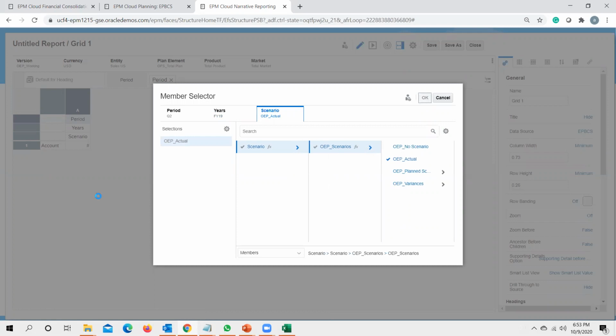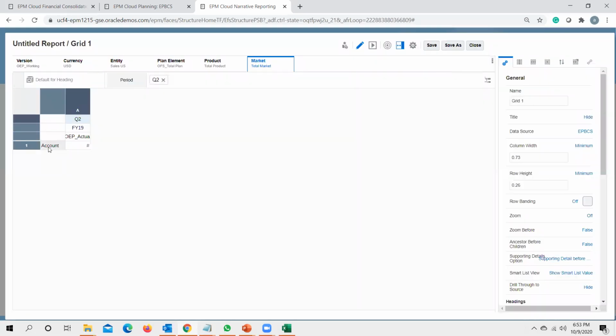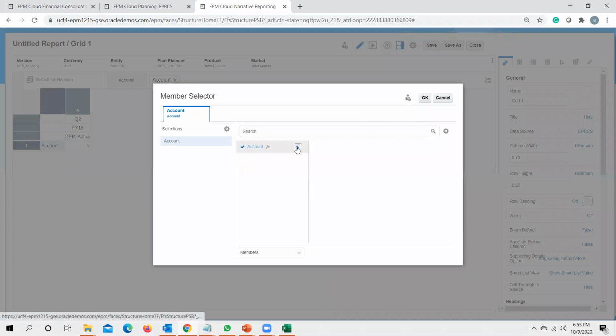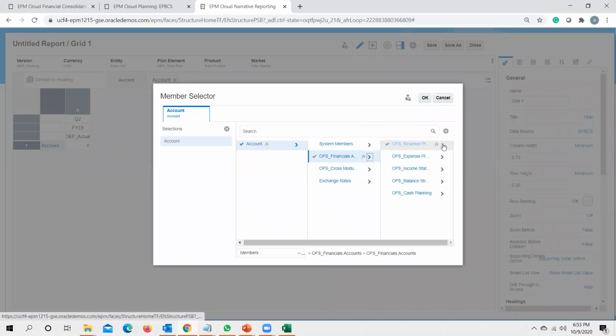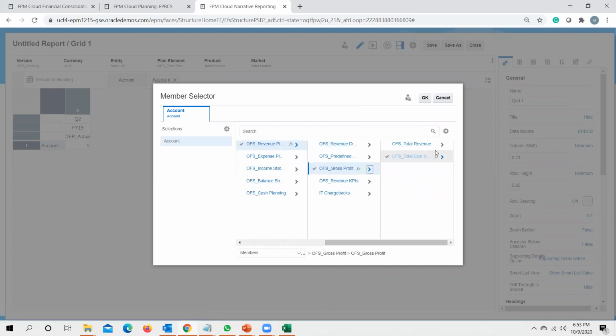So once done, we need to select accounts. Now to select accounts, I just click on accounts and I click on select members, and I need to select accounts. So under OFS financial accounts, under revenue planning, under gross profit, we have our total revenue accounts and total cost of sales account.